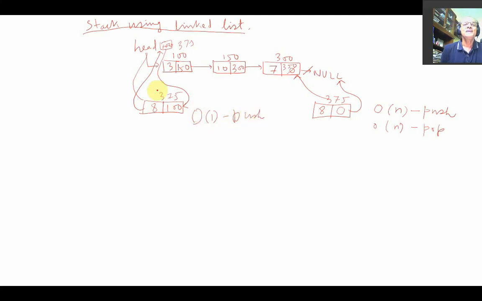And simply if you want to pop this, go to head. The head link, that is, this link will be copied directly to the head. This will also take order of 1. That means pop and push operations can be done at the head position, so that every push operation will take order of 1 time and every pop operation will take order of 1 time. That is actually desired, right? This is the concept of stack using linked list. Now I am